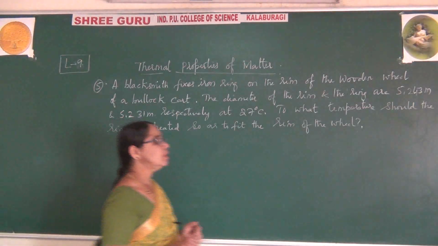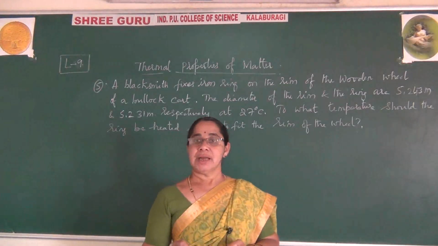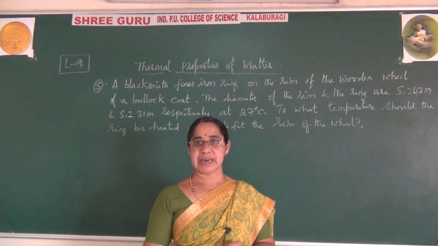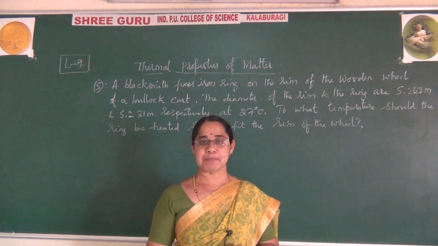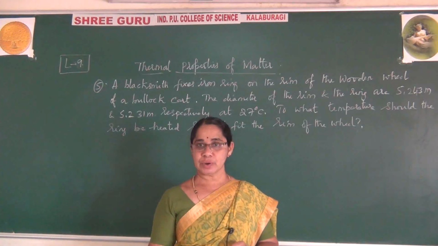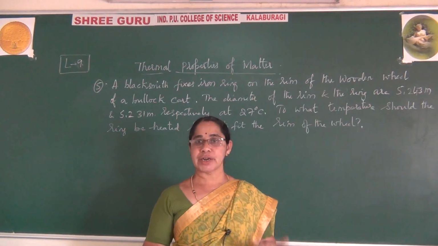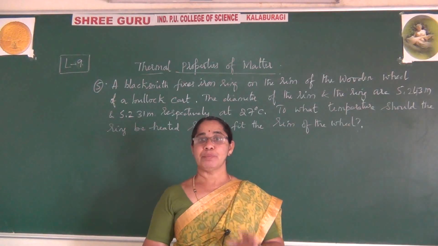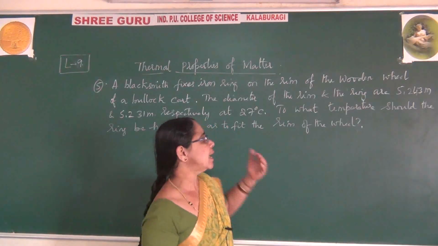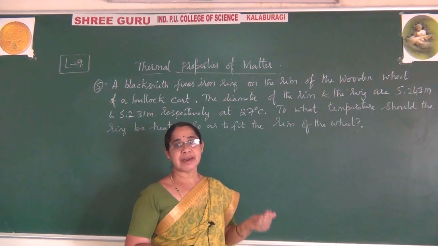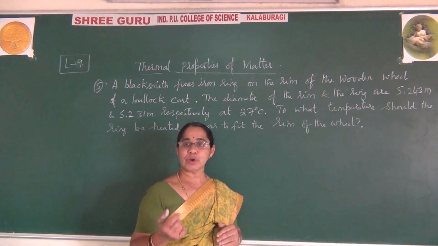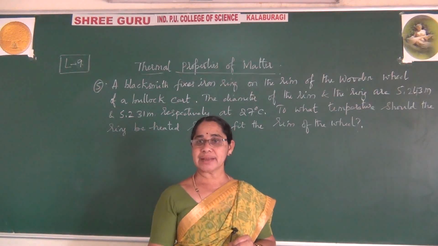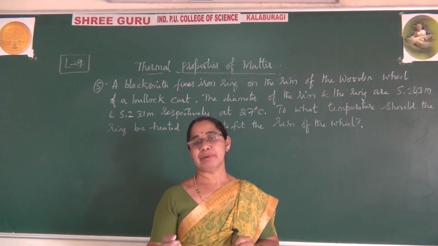So please observe, earlier it was having one length, so you had to select which is the original length. After heating it will expand, and that expansion length you have to identify here. They did not give which is the new length and which is the original length. So by looking at the readings you can select which is the original length and the new length. Usually when you heat it, it will expand, so the expanded length will be taken as the new length, and before heating it is taken